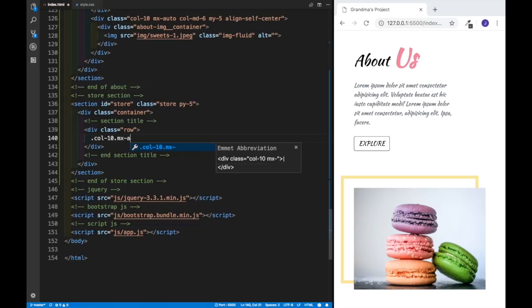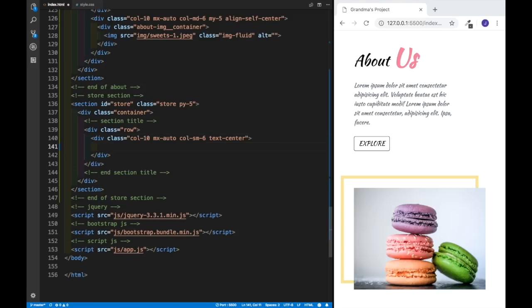a smaller screen. But since this is not going to be spanning all across, we would want to use the mx-auto, which is going to make sure that the content is always in the center. Then starting from the small screen, we're going to have 6 columns wide, and the text is going to be always in the center. And since we have this mx-auto, even though we're going to go to a small screen, by default, this should go to the left side because we're not filling up the whole space. Since we're adding this class of mx-auto, this is just going to make sure that we're always in the